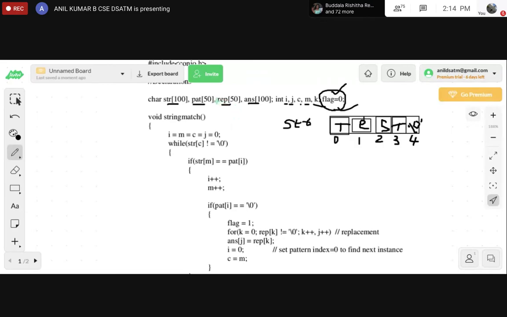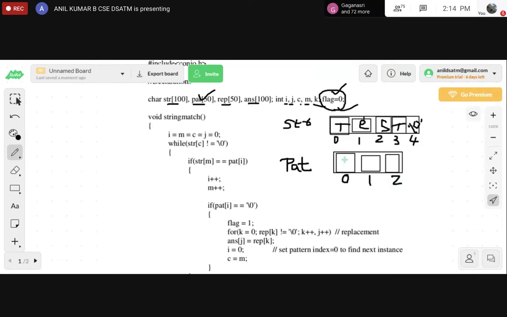So the second input is the pattern, which is required for matching. So the second is pat, with indexes 0, 1, 2.